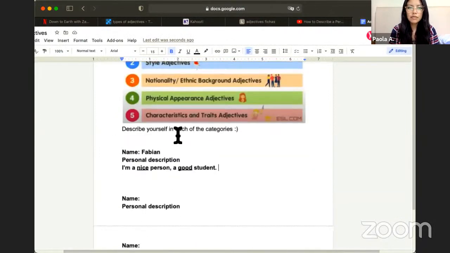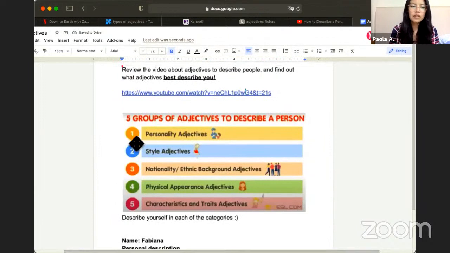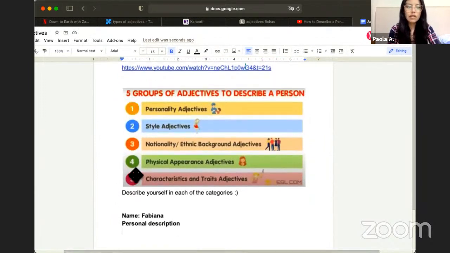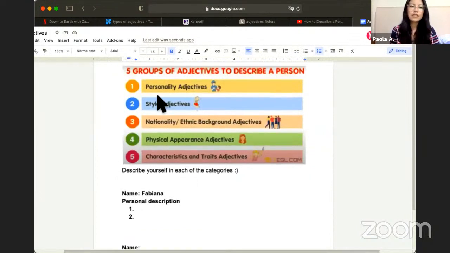Okay, so please go to the doc and start working. Just write your name and then start describing yourself. Maybe you can organize each of the categories, maybe writing one, and then you describe anything about this first category, then 2, etc. All right, so let's start working, guys. If you have any questions, I'm here. We're going to work on this maybe around 8-10 minutes, and then we're going to review your description. All right, let's start, guys.